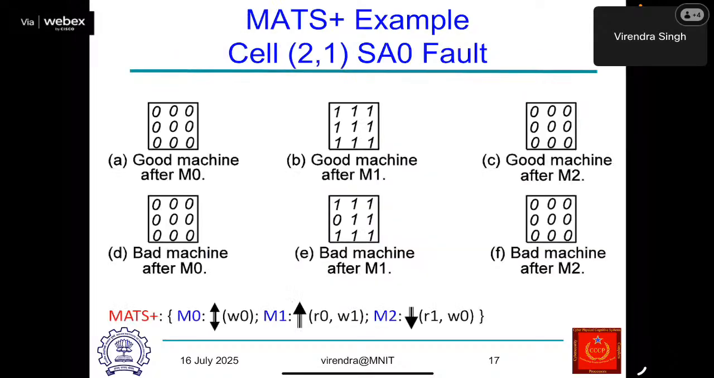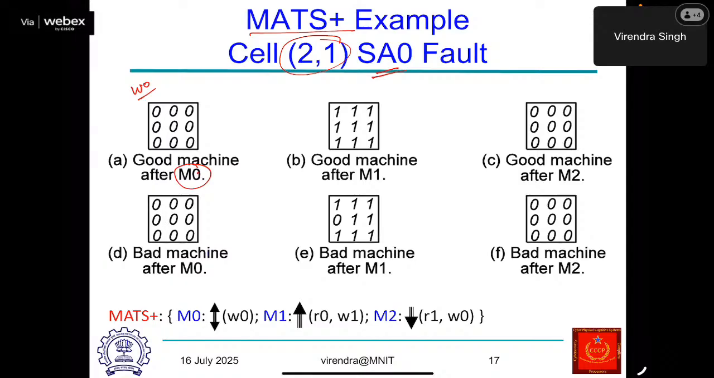So perhaps this was the depiction of the same thing. Let's say that here there is a fault in cell 2 1. Cell 2 1 is in the second row and first column, and the fault is stuck at 0. Initially we are writing 0 everywhere, the March M0. So you start to write from 0 to the 9th cell